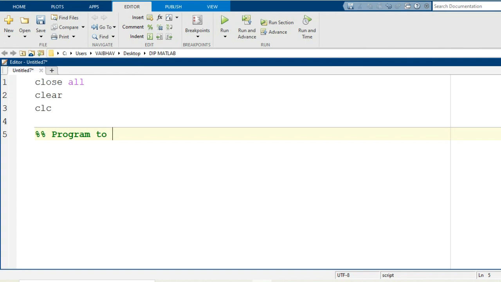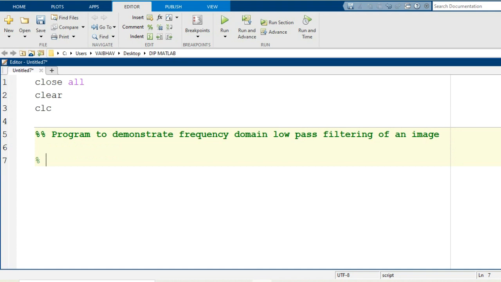Here we shall mention: this is a program to demonstrate frequency domain low pass filtering of an image.